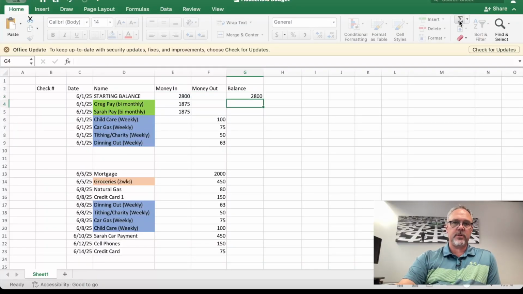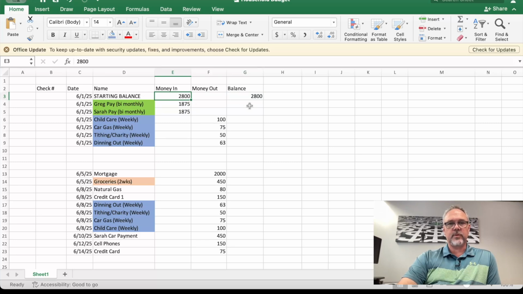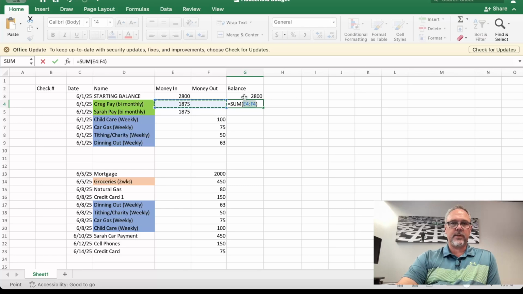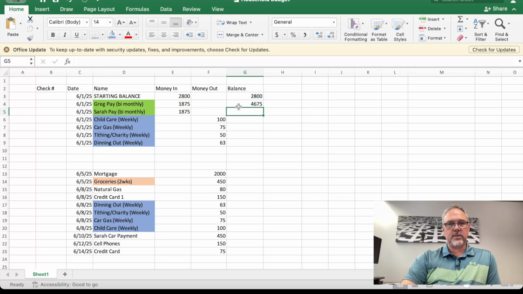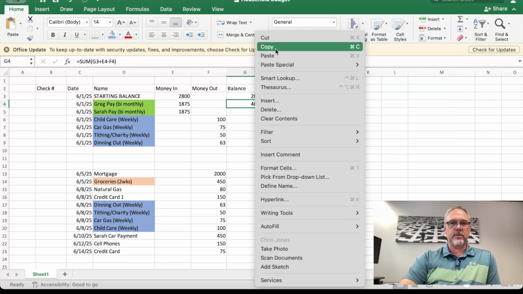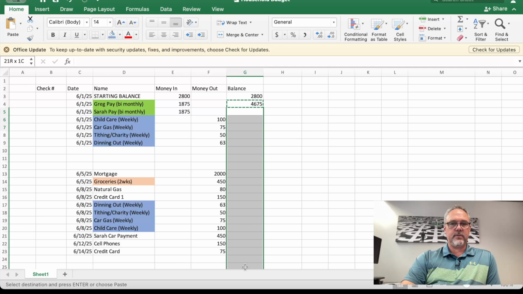Boom. Okay, so we're just going to do that straight across there. So that's going to be straight across for your balance. So you start off with $2,800. There's a starting balance, self-given. So underneath of that, all you're going to do is hit sum. You're going to take this, and then we're going to do the plus sign, plus this, and then we're going to do the minus sign, minus this, and hit return, and that's going to give you your formula. And this formula is good all the way down. So you just copy it and drag it down, and it'll show you